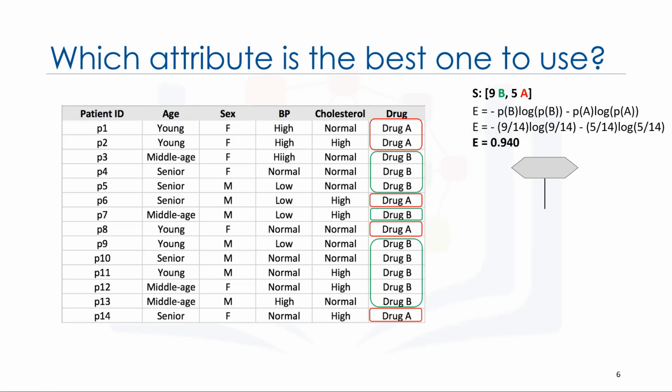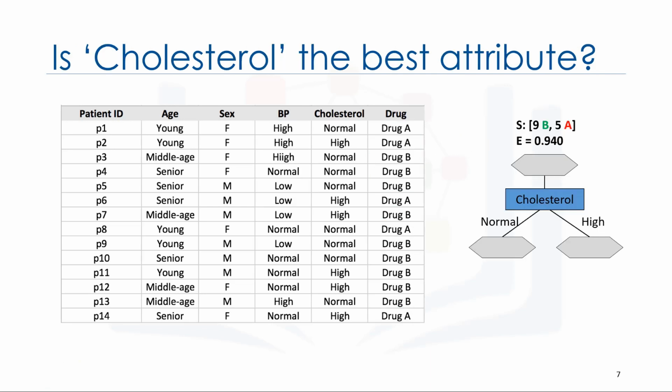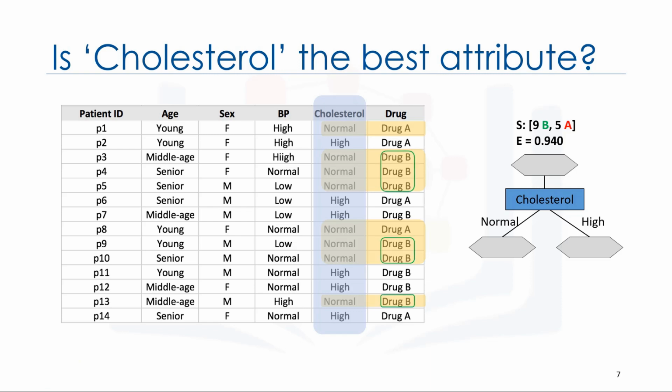So, what is entropy after splitting? Now we can test different attributes to find the one with the most predictiveness, which results in 2 more pure branches. Let's first select the cholesterol of the patient and see how the data gets split based on its values. For example, when it is normal, we have 6 for drug B and 2 for drug A. We can calculate the entropy of this node based on the distribution of drug A and B, which is 0.8